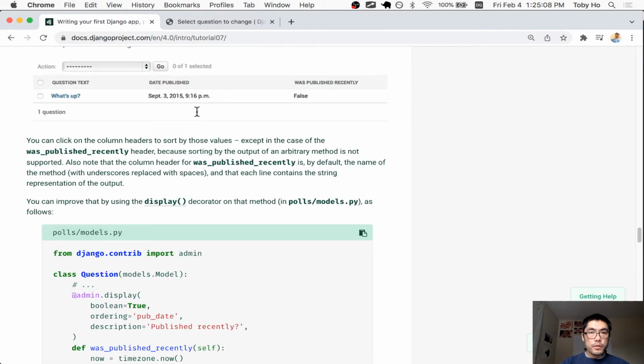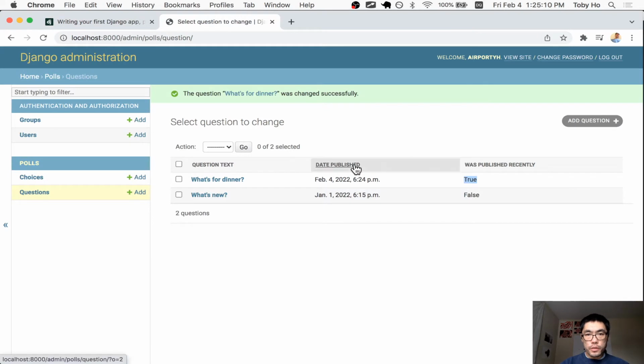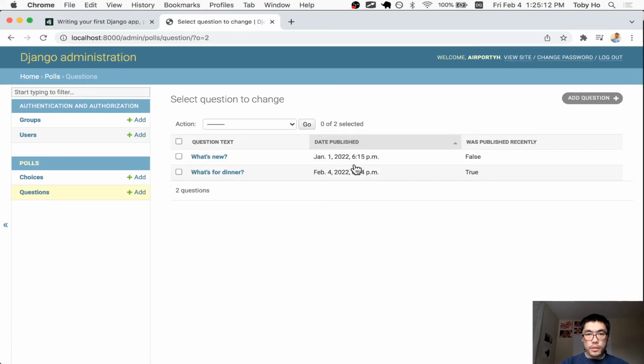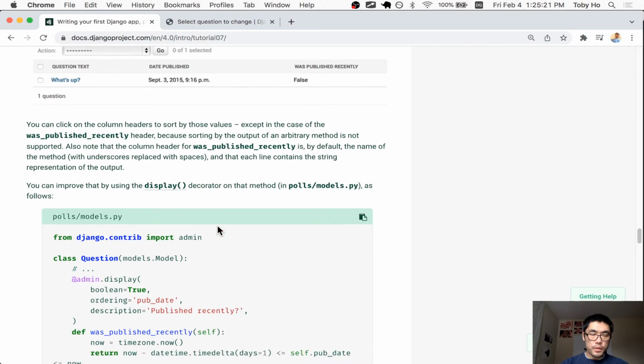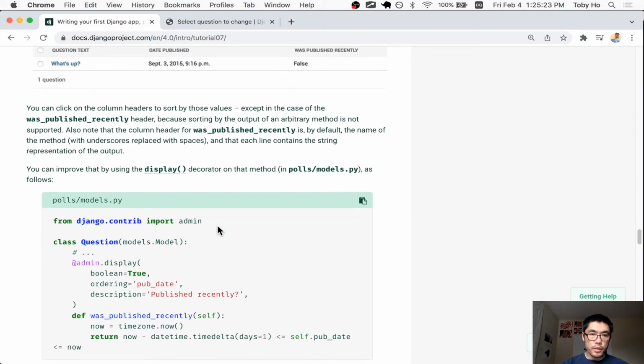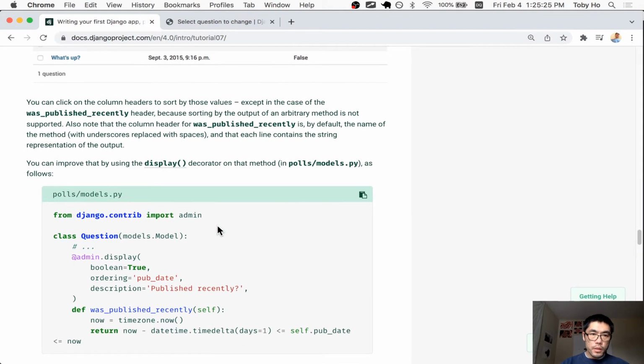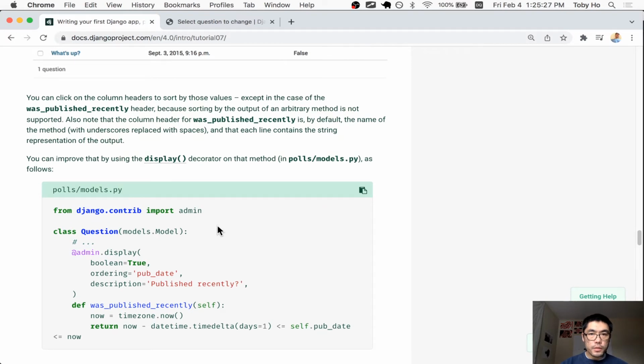Okay. You can sort by the table headers. That's even cooler. This is really powerful. This is like a showcase of the admin interface. You can improve that. But the column header for was published recently is by default the name of the method. Oh, I can change that